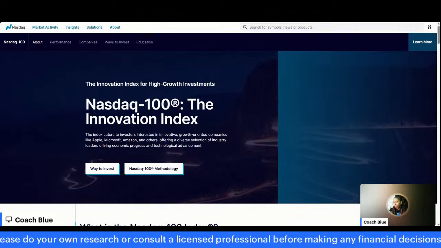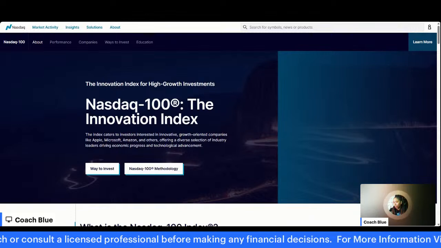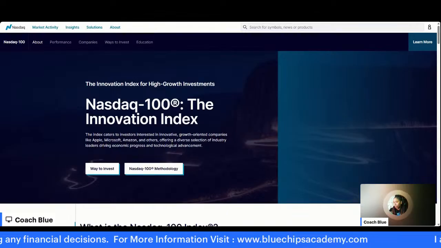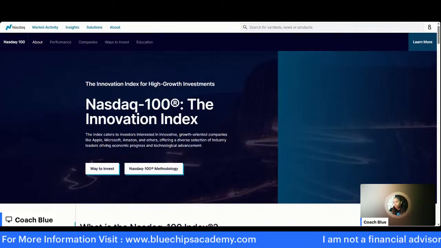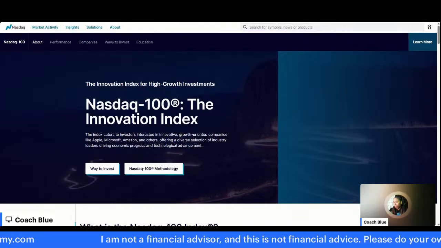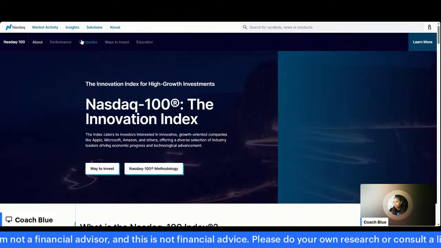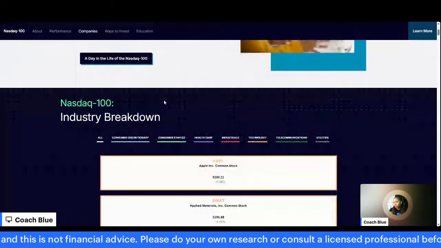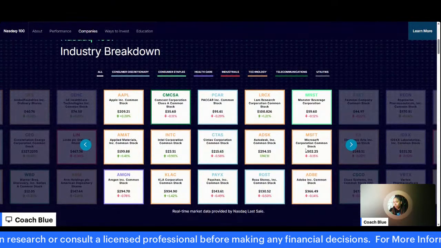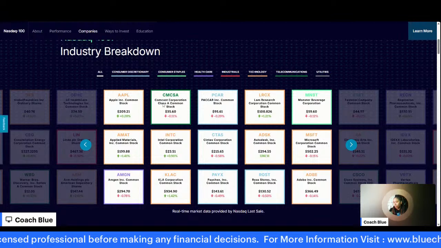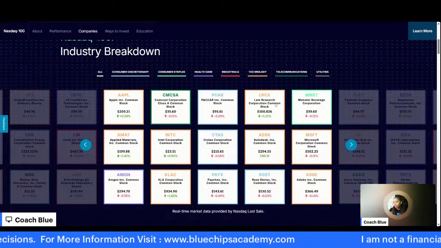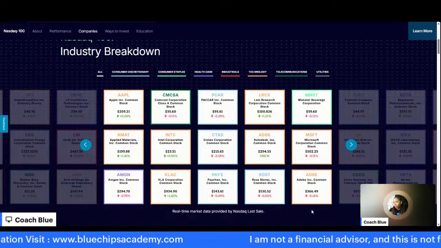Okay, so what we trade is the NASDAQ, which is an index that caters to investors interested in innovative growth oriented companies like Apple, Microsoft, Amazon, and others, offering a diverse selection of industry leaders driving economic progress and technological advancements. And so these are some of the companies that are actually comprised in the NASDAQ index. Some that you all may be familiar with, of course: Ross, Adobe, Microsoft, Monster Beverage, Comcast, Apple, Cintas, Paychex. Okay, a lot of well-known companies that you guys are already familiar with, and we trade the performance of